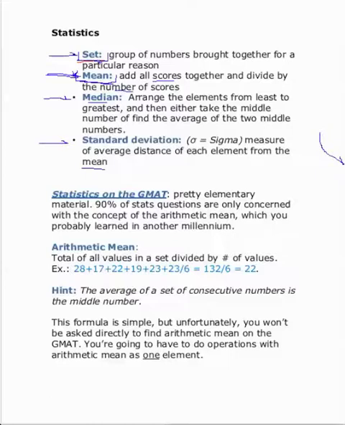Again, a set is just any group of numbers we want to work with. Mean just means an average. And what's the definition of an average? You add all the values together and divide by the number of values. Median would be, if you put them all in a lineup, what number would fall exactly at the middle? If it's an odd number of values, then there will be a value that is the median. If it's an even number of values, it'll be the average of the two numbers that are one below and one